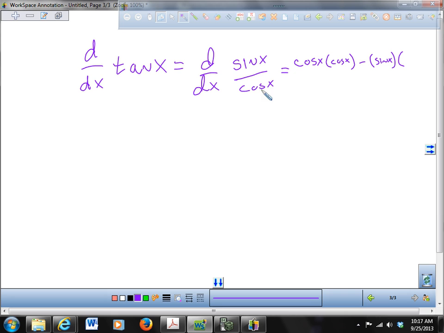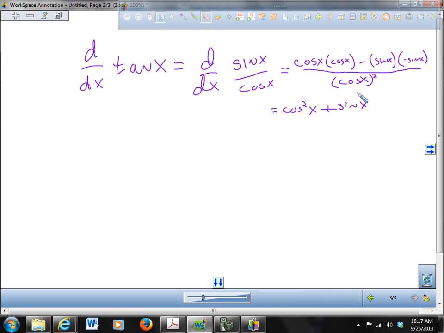What's d low? Negative sine of x. Over the square of what's below, cosine x squared. And this can be written as cosine squared x plus sine squared x. Oh, look at this. Whoops, not sine x squared, sine squared x